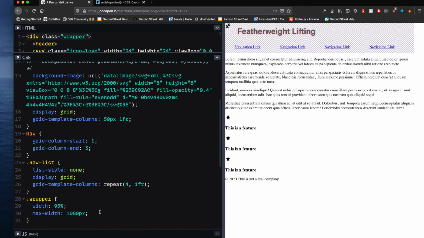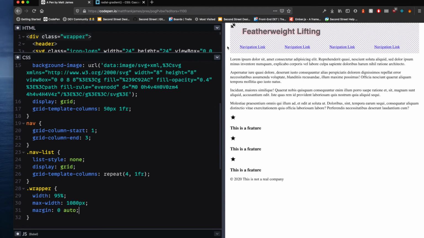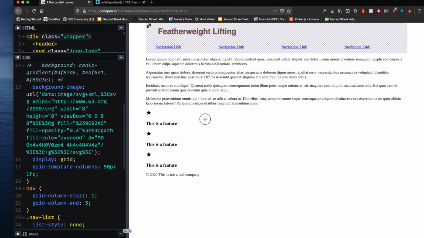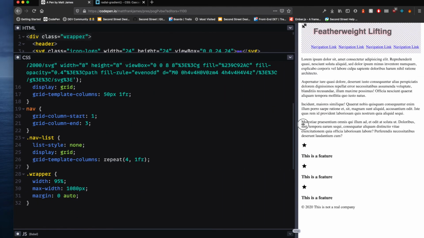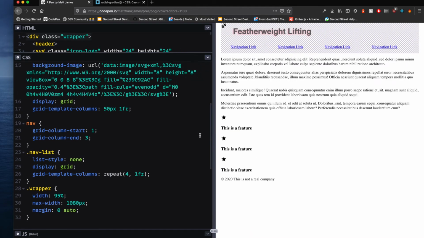So now that we have the width capped, let's center it. So we're going to center this by saying margin 0 auto, and that's going to center the container in the middle of the window. So we get really big, it's still in the center, small, it stays flexible, and it's still centered. So great. Now that we have that,